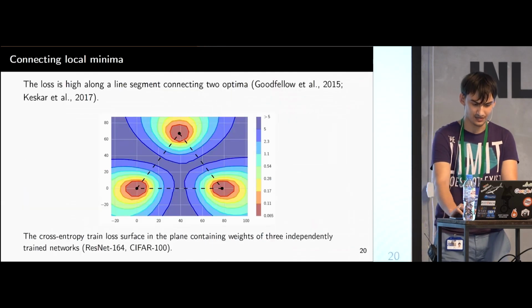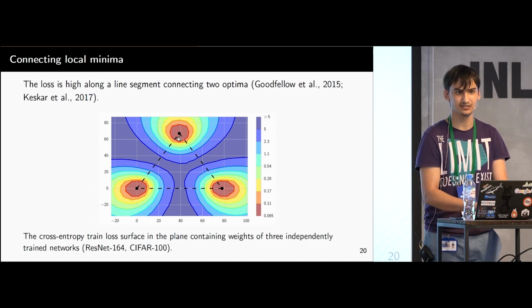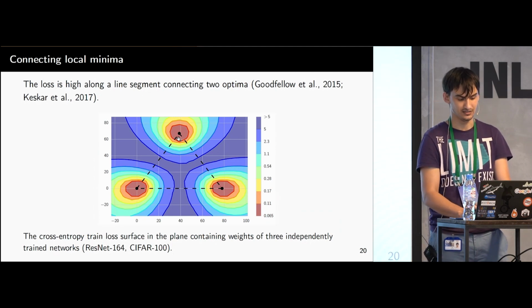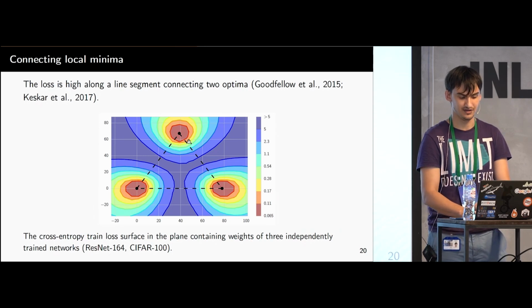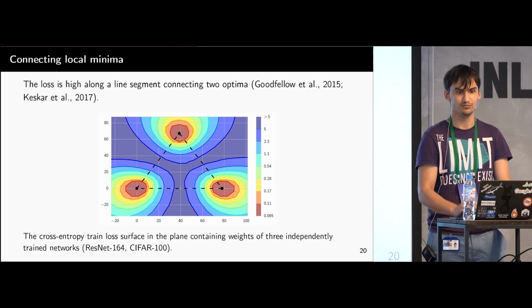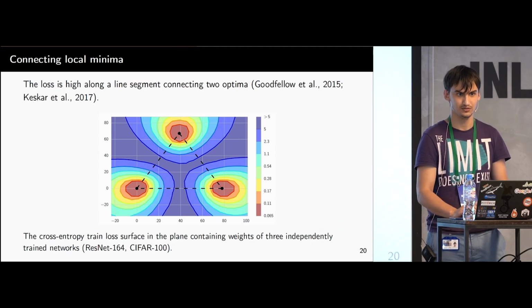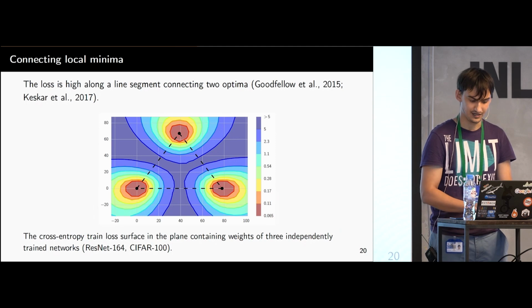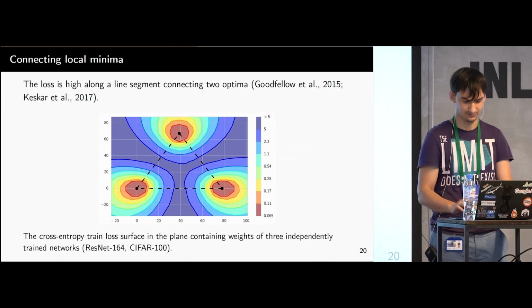So you have this figure here. You have 3 points, W1, W2, W3. Then you take 2 vectors, W1 minus W3 and W3 minus W2, and you can use them as your coordinate axes. You take all possible linear combinations of these 2 vectors and you obtain a plane, since a plane is defined by 2 vectors that lie in it. For each point on the plane, you can compute the loss function, and this is what you see here.